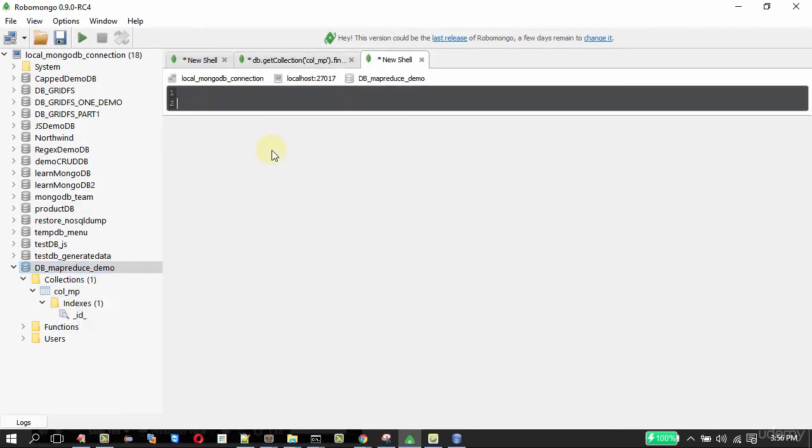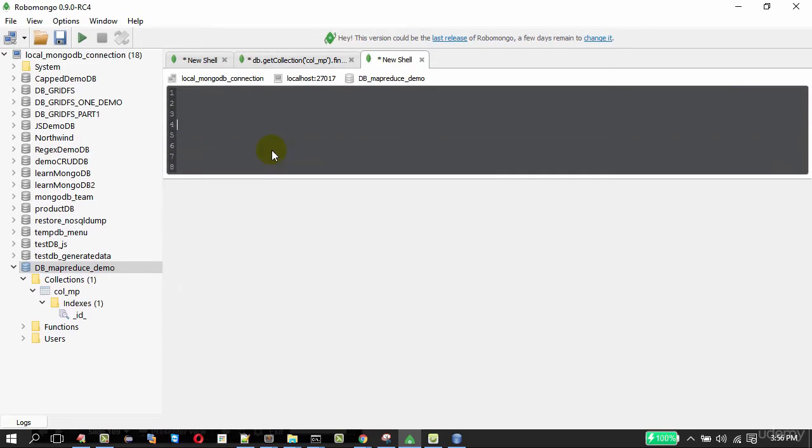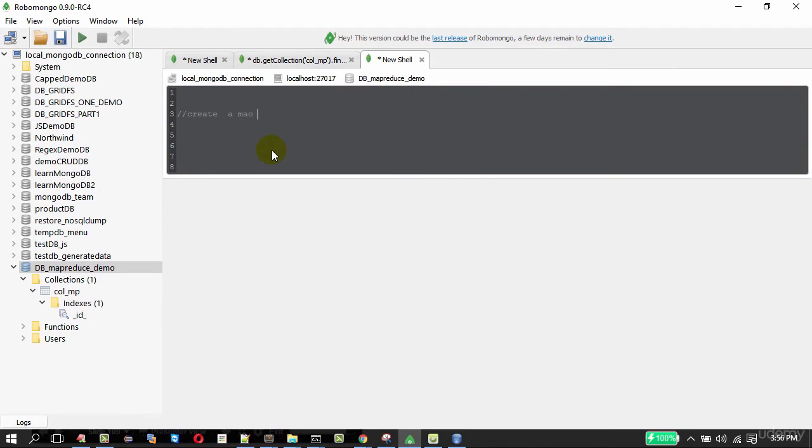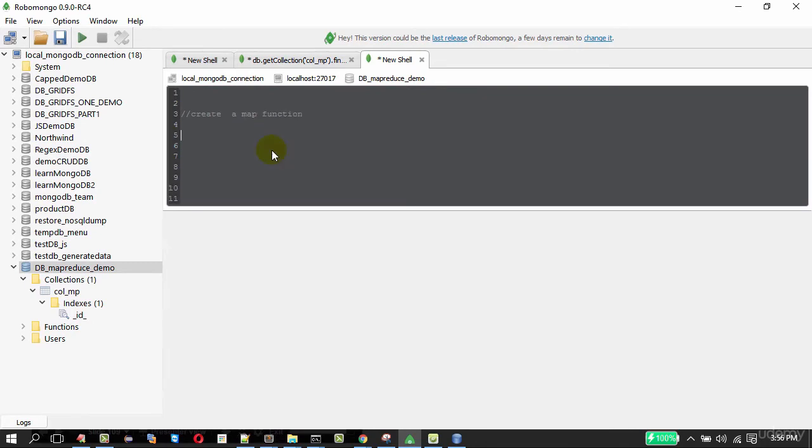New shell. Create a map function. That's very easy. Map function equals, it's a JavaScript function.